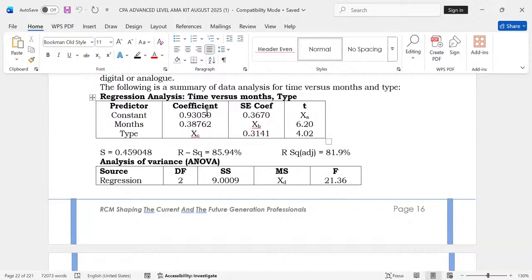Remember that a is the constant coefficient, 0.93050, plus b1, the coefficient of x1, which is 0.38762 x1 plus